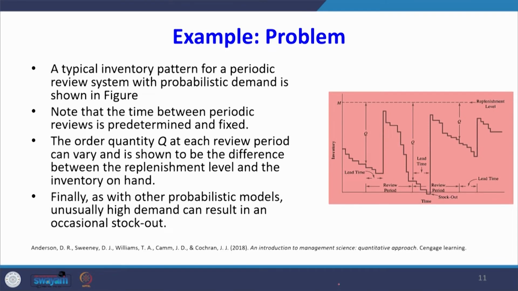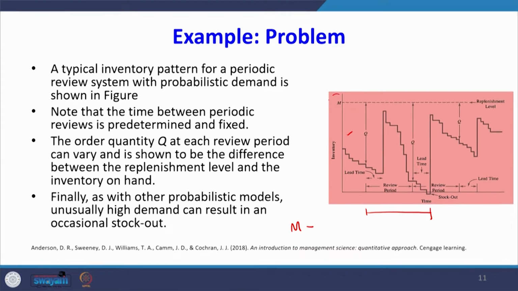Please look at the figure which is given on the right hand side. Note that the time between periodic reviews is predetermined and fixed. So, this duration is fixed. So, the order quantity Q, this one, at each review period can vary and is shown to be the difference between the replenishment level M